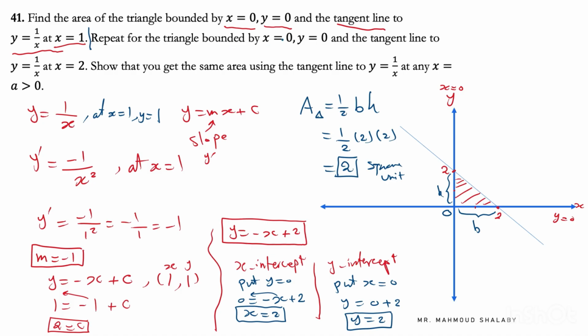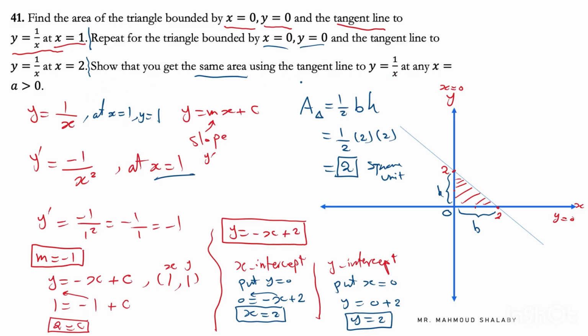Repeat for the triangle bounded by x equals 0, y equals 0, which means we still have the same lines, and a tangent line to y equals 1 over x at x equals 2. If he stopped here, to be honest, if it's a writing part, we would have to solve this again and do the whole process one more time, changing x equals 1 to x equals 2. However, if you complete reading, and this is a multiple choice, show that you will get the same area using the tangent line to y equals 1 over x at any x equals a